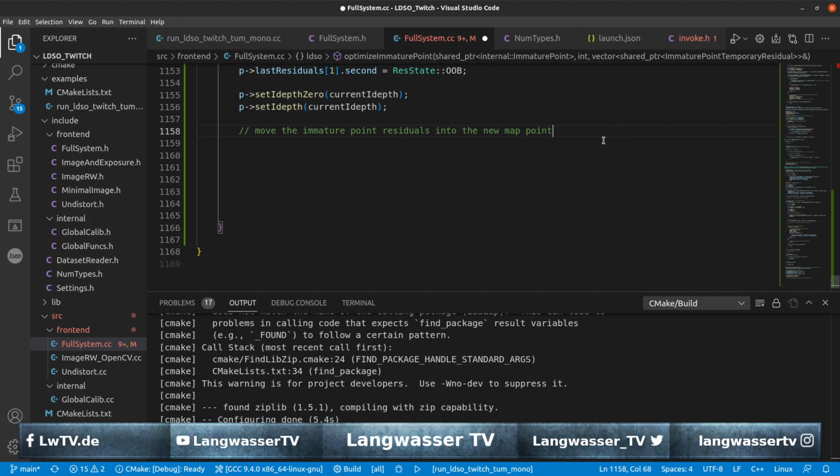And this will be the last big for loop before we return from this method, which is called optimize imager point. So let's create this for loop. int i = 0; i < n res; i++. If,